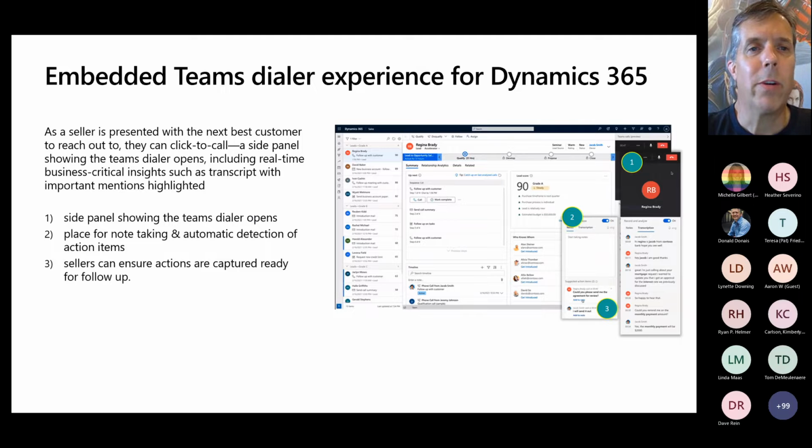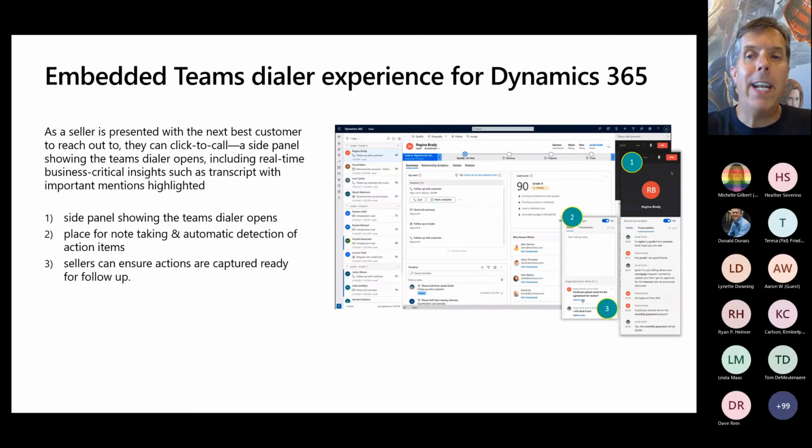Inside of Dynamics is where I'm going to move next. And the first thing that I'm going to highlight is that inside of Dynamics, because it is meant to be the sales enablement tool and/or customer service enablement tool, on both sides of that, the selling and the servicing, you probably are doing a lot of telephone calls to set appointments, deal with customers, talk about issues, whatever the case may be. And if you're doing a lot of calling, if you would allow Teams to be your telephony tool, this one does in fact require PSTN calling to be enabled in order for it to have its full featured capability.